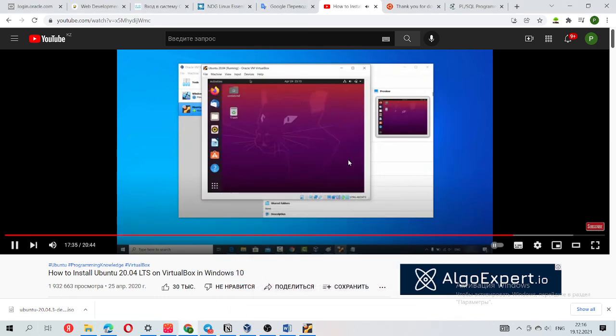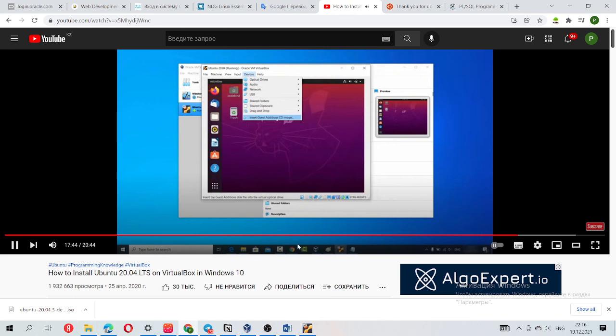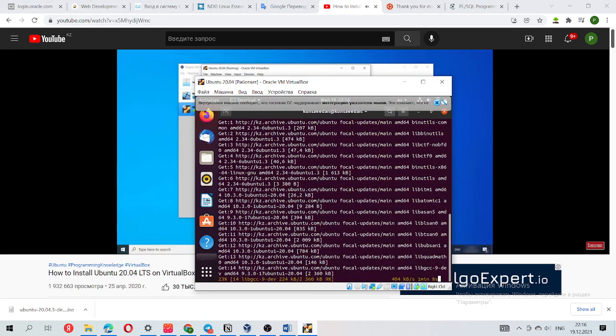And now what you can do is you can just go to devices on your VirtualBox window. So just click on devices here and then click on insert guest editions CD image. And once you do that, you will be able to